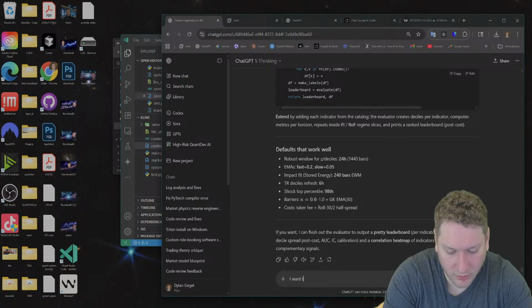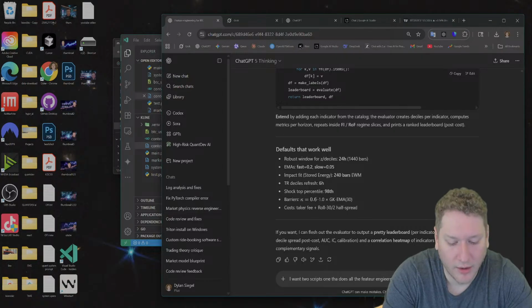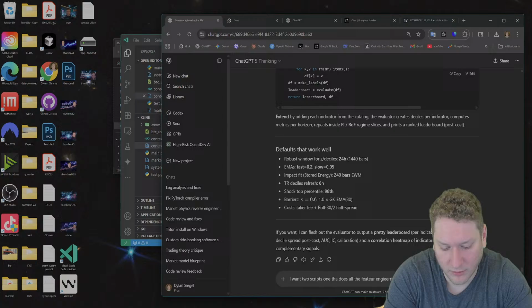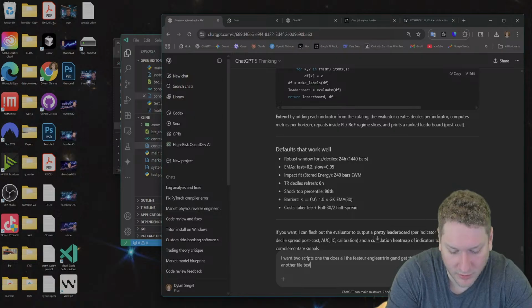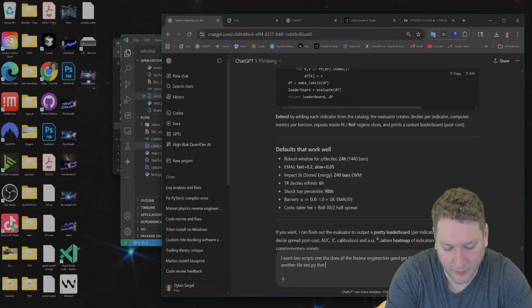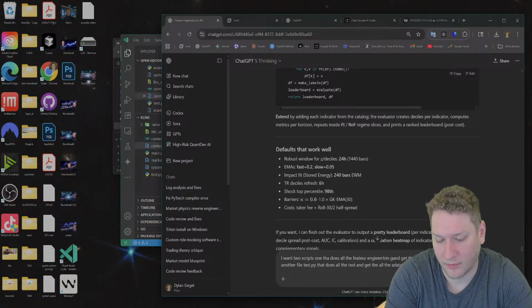Okay, I want 2 scripts. One that does all the feature engineering, gets the data ready for the test, then another file, test.py, that does all the tests and gets all the data about performance of the math.